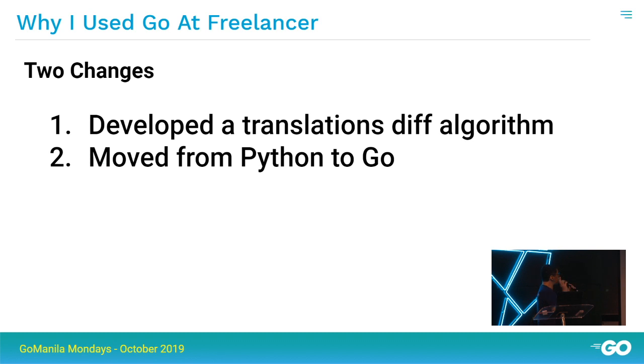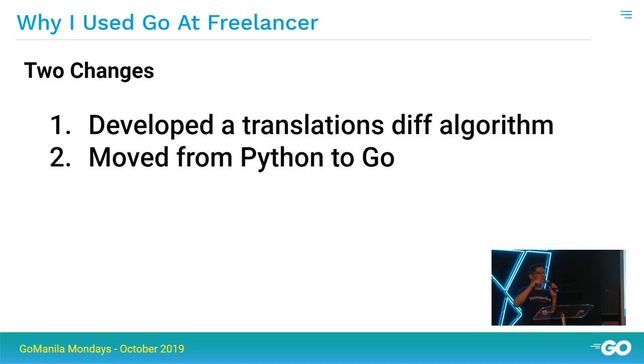So what did we decide to do? We decided to do two things. The first thing was that instead of uploading the entire translations dictionary every time that we extracted, we saved a copy in CI of the last translation dictionary that we had.